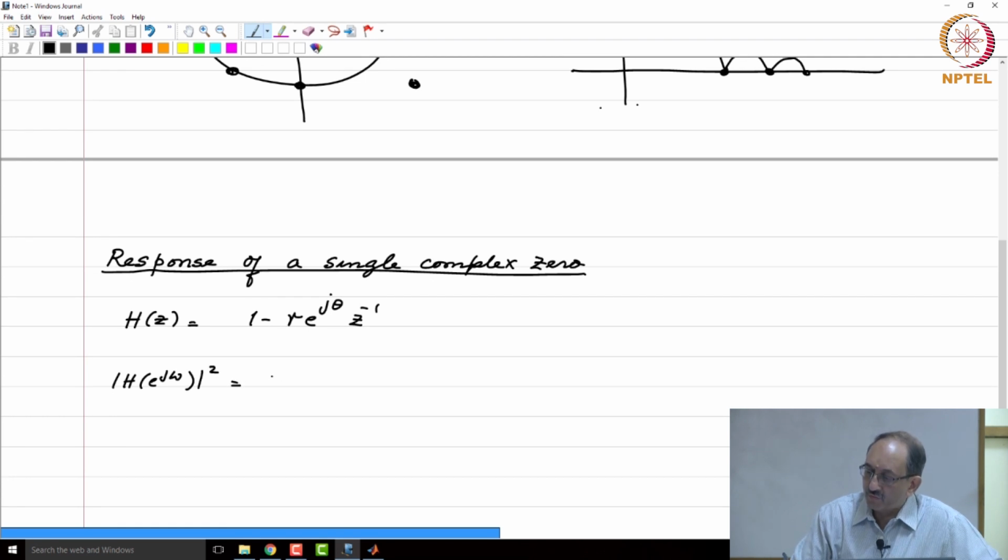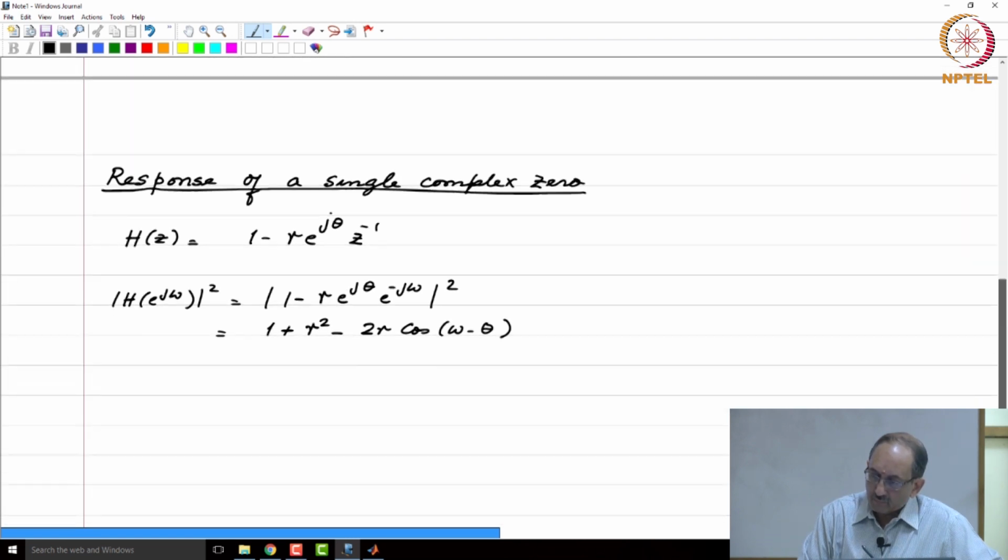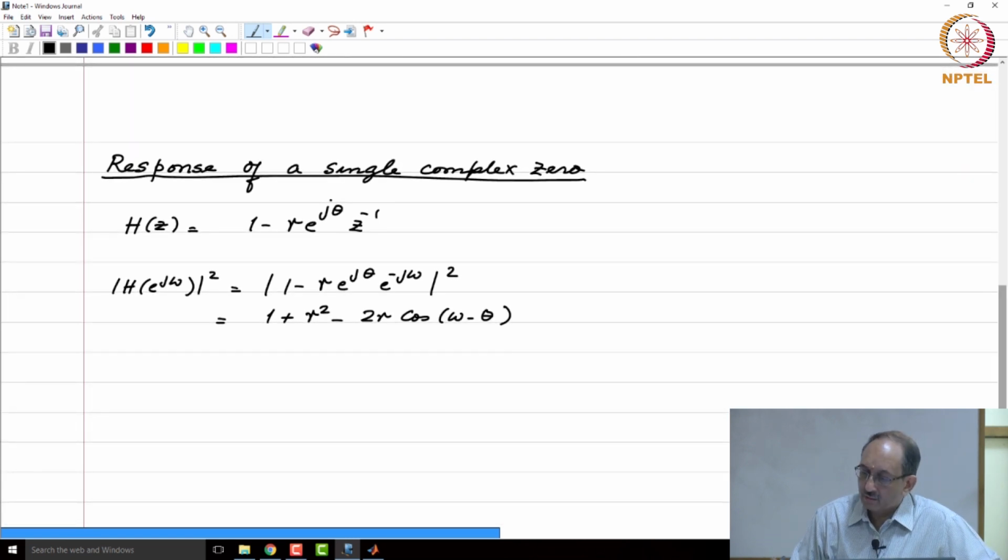and the magnitude squared frequency response is given by the magnitude of 1 minus r e to the j theta e to the minus j omega, whole squared, and this you can write as this times its complex conjugate. So this can be written as 1 plus r squared minus 2r cos of omega minus theta. This is easily verified. So this is the algebraic expression,